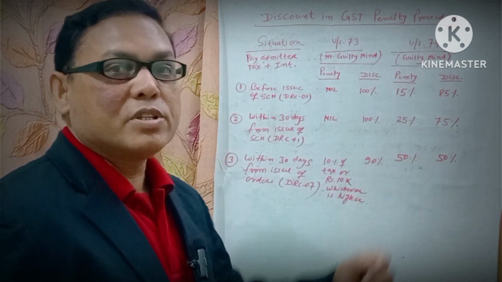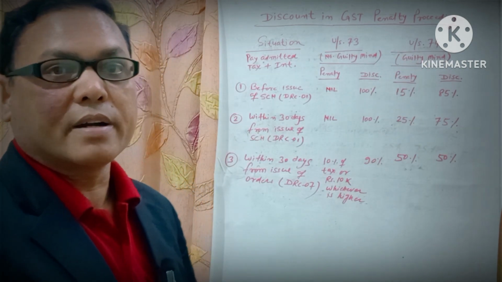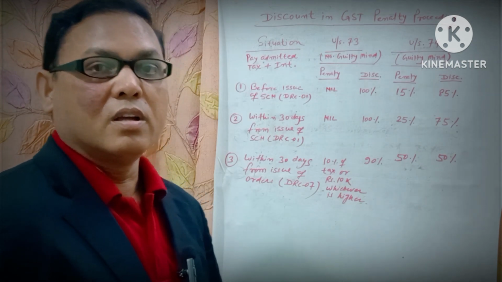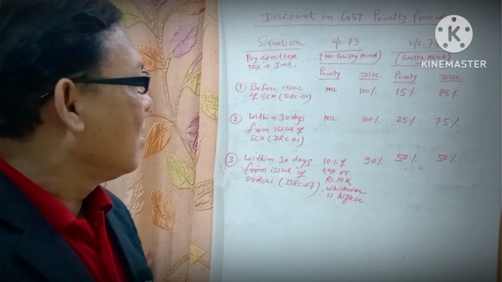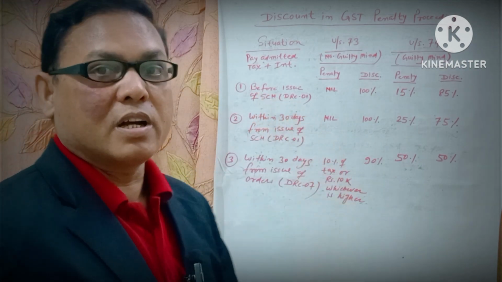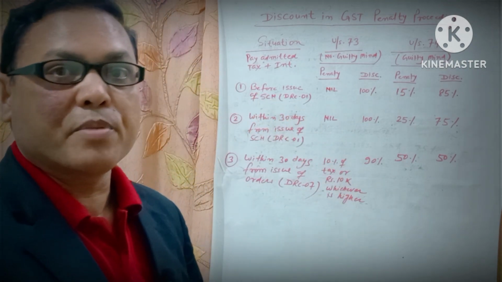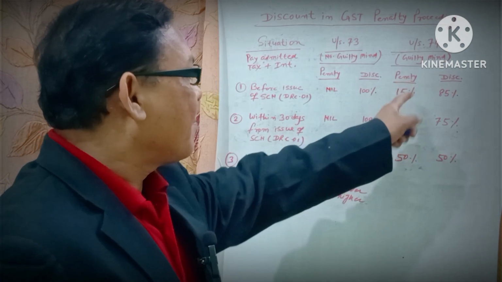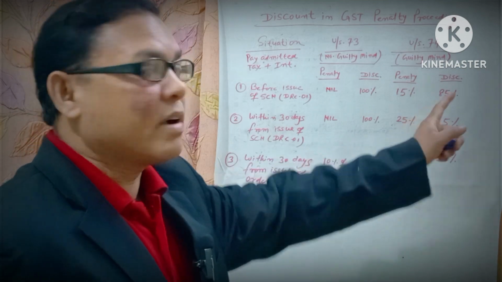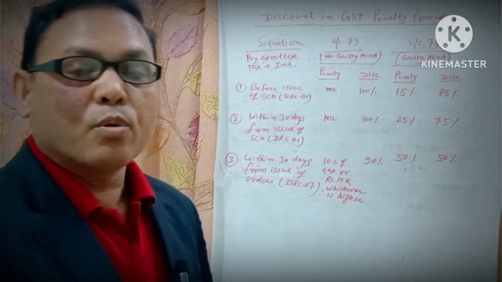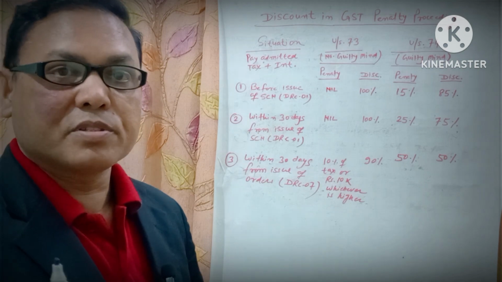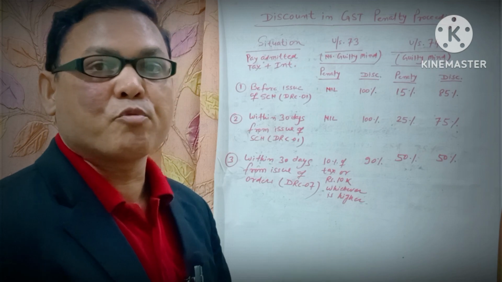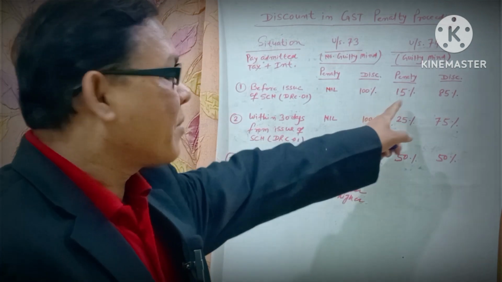But if the notice is under section 74, that is, the taxpayer has committed that offence with intention of fraud, that means defrauding the government, then before issue of DRC01 notice, if anyone pays the entire admitted liability of tax as well as interest, then the penalty payable shall be 15%, that is 85% discount. In the notice, penalty shall be levied at 100%, but if you pay before issue of DRC01, then you have to pay penalty up to 15%.